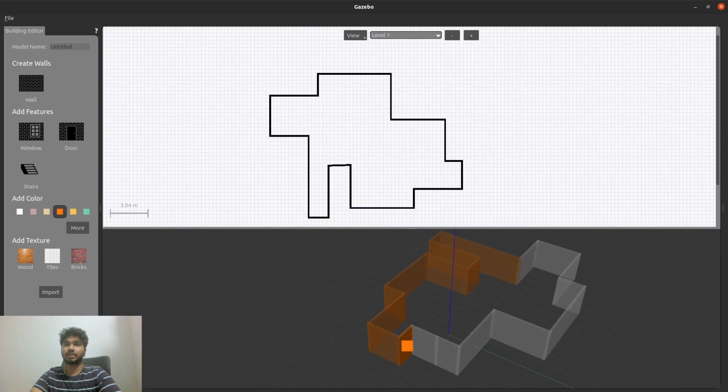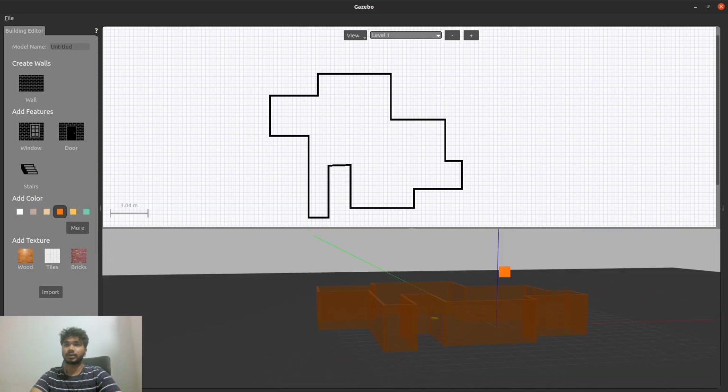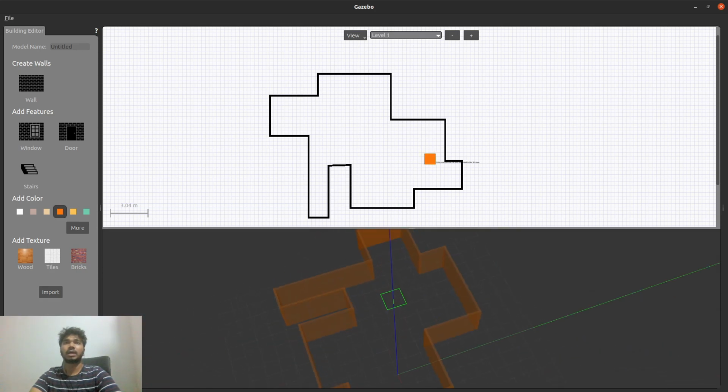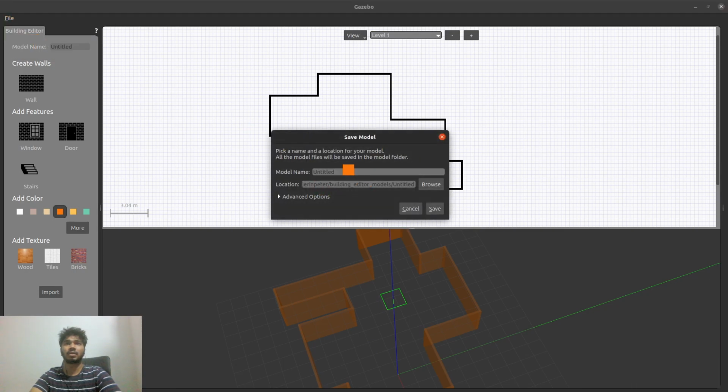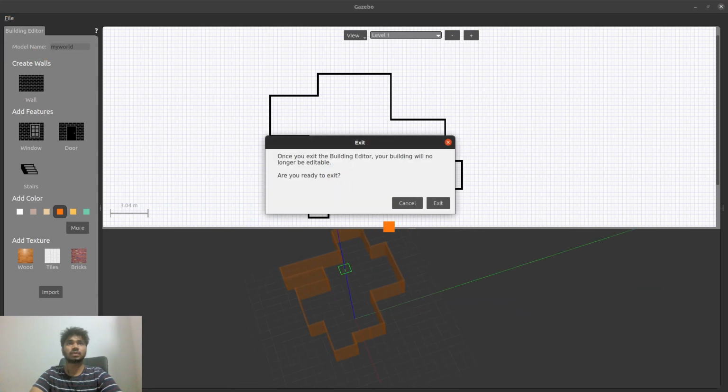It's actually not necessary, but yeah, let's do it. Okay, so I have made my walls colored. Now we can actually save this with some name. My world is fine, so we'll save it here. It will take some time, and yes,